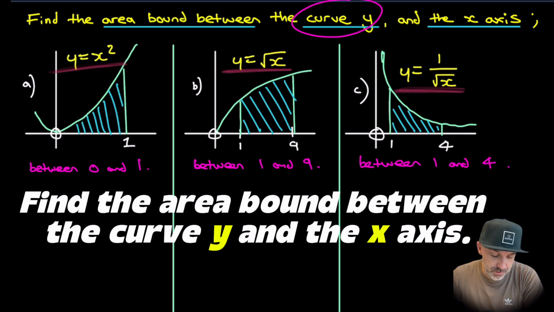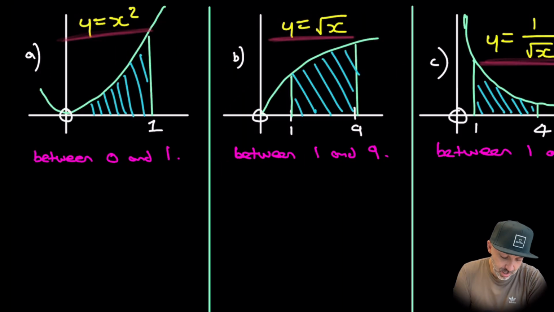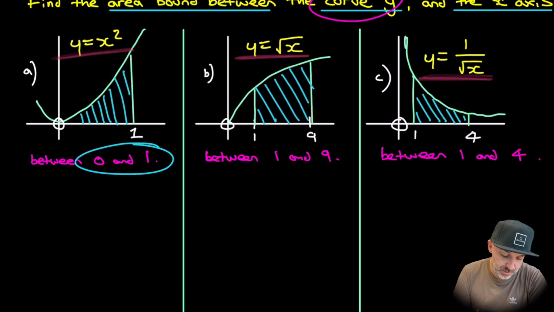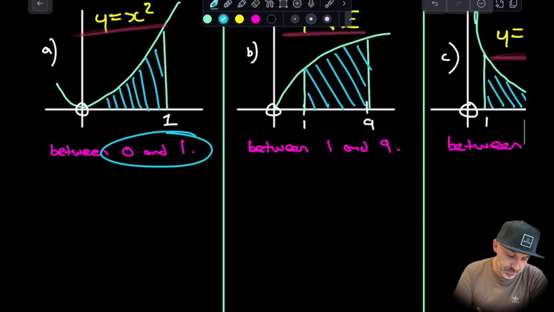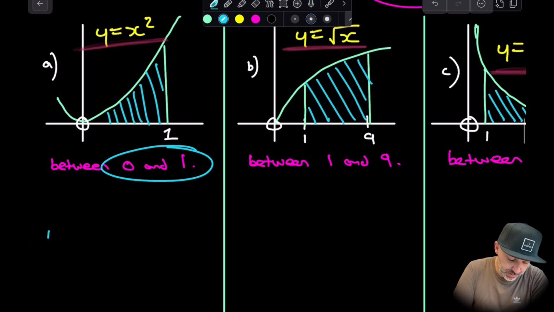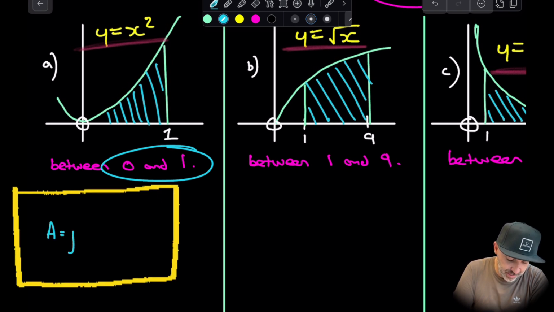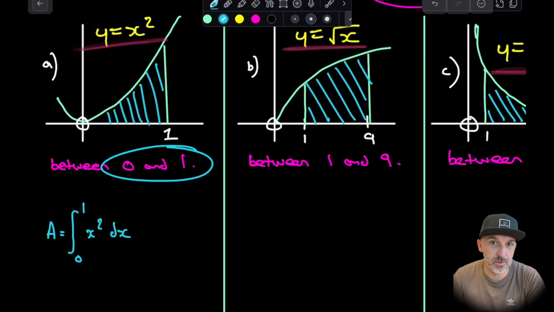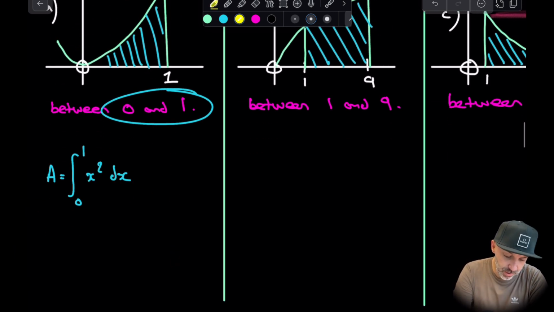Okay, so on to our first three examples here. Find the area bound between the curve y and the x-axis. In this question it says find it between 0 and 1. So we'll set up the problem in the following way. We'll say that the area can be found by doing the definite integral between 0 and 1 of x squared dx. Now we want to integrate this,